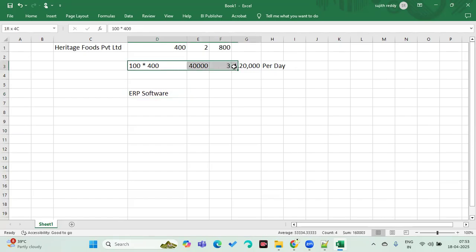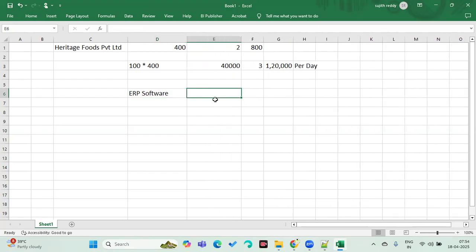See how complex this data is per day, what I have entered here, and I already specified just 3 records per customer, not more than that. So all this information we have to maintain in proper software. There are multiple ERP software available in the market. There are multiple ERP software available in the market.